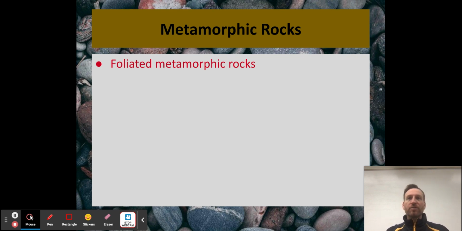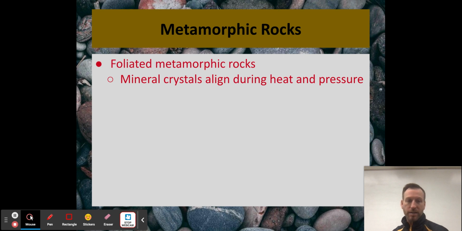All right, so if you think about our subgroups, we had two subgroups for igneous rock, intrusive and extrusive, based off of where that melted material cooled. For sedimentary rock, we had three subgroups: clastic, organic, and chemical. And those were based off of the type of sediment that made up that sedimentary rock. The last class of rock here, metamorphic rocks, has two subgroups: foliated and non-foliated. Pretty simple to remember. So a foliated metamorphic rock